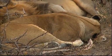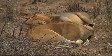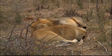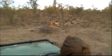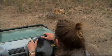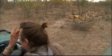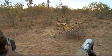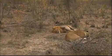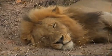As you can see, not much movement happening here. I'm just going to, as we came across, the lioness dropped her head, so I'm going to move forward slightly so we can see him. Say when, Jeandre? There we go. Very flat cats at the moment. Now,